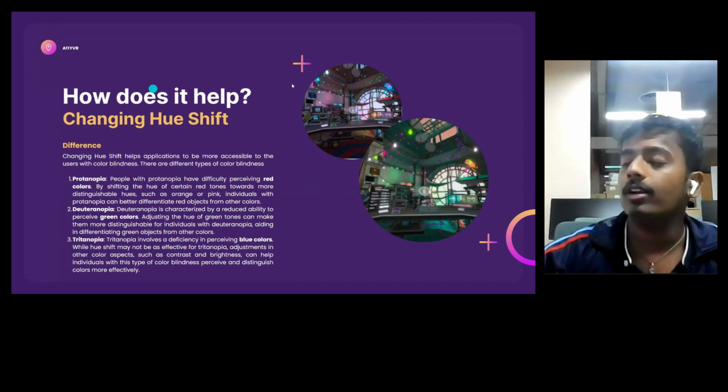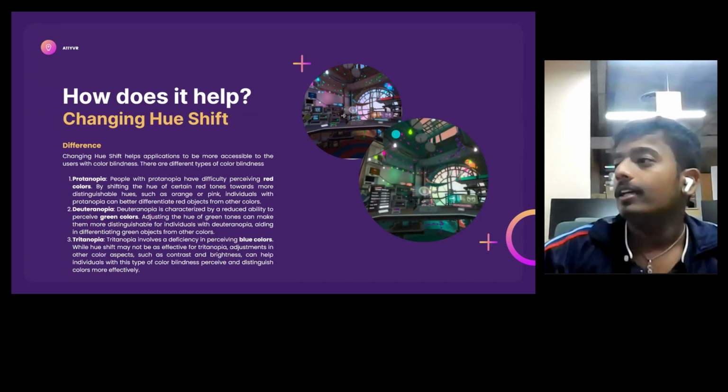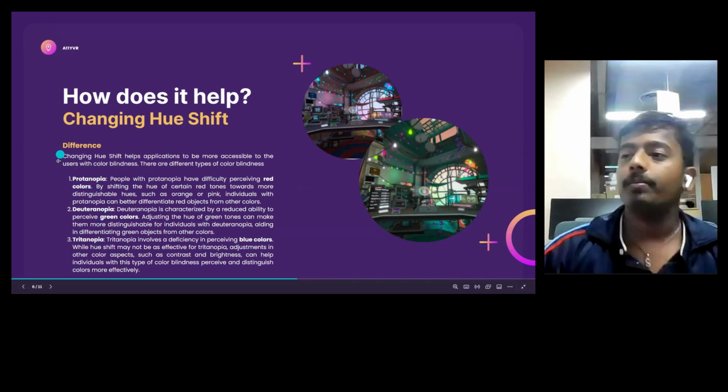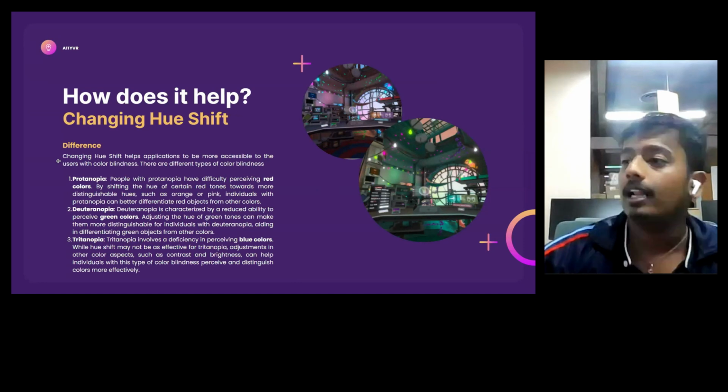As mentioned before, the hue shift feature helps the user to change the color and remove a particular color completely. There are different types of color blindness: protanopia, deuteranopia, and tritanopia. Protanopia is the color blindness in which the user has difficulty seeing the red color.